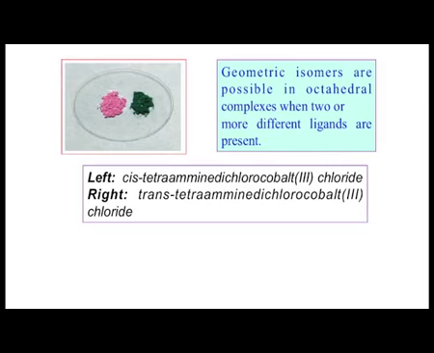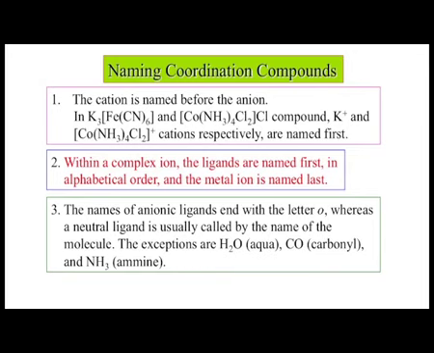For the left one, we have cis tetraamine dichlorocobalt 3 chloride. The same compound, where the cis compound is pinkish in color. The trans compound, trans tetraamine dichlorocobalt 3 chloride, is green in color. The synthetic methodologies are there, and typical synthetic methodologies can be followed to prepare the cis analog and the trans analog. So, these geometrical isomers, that means the positioning of these groups, can also be included while we